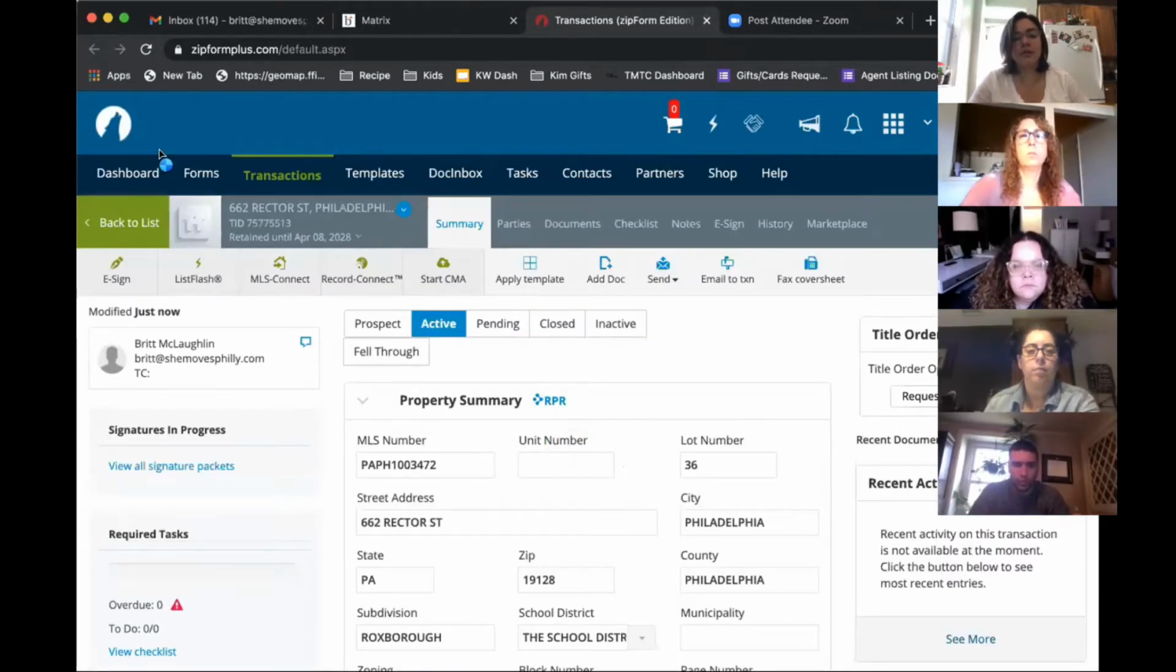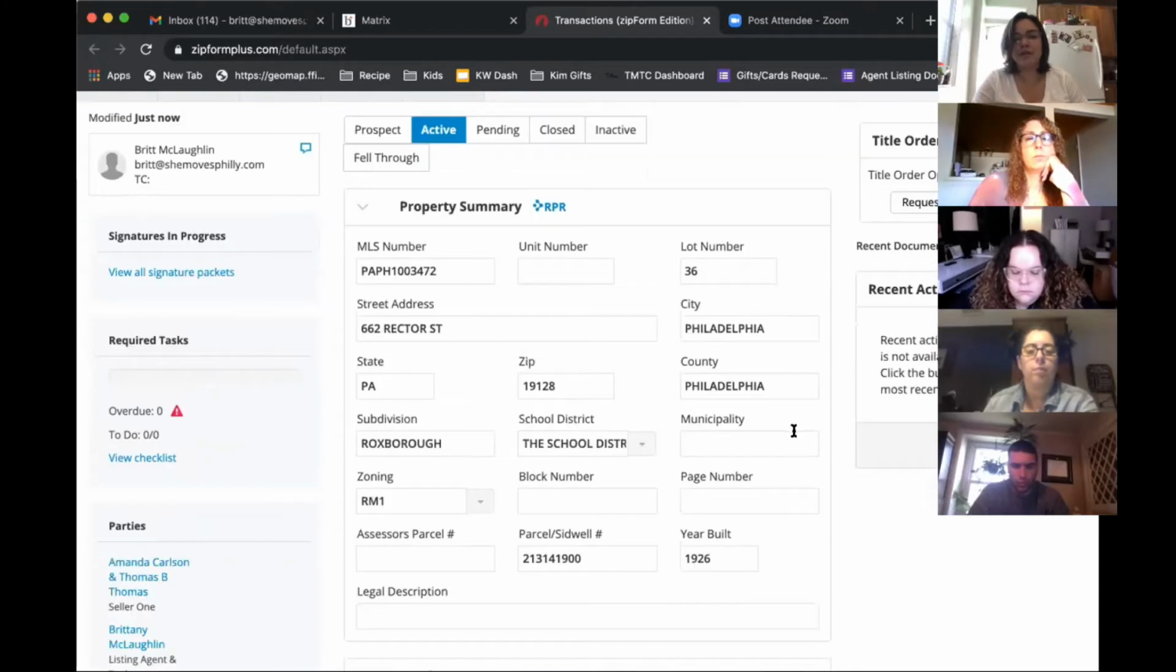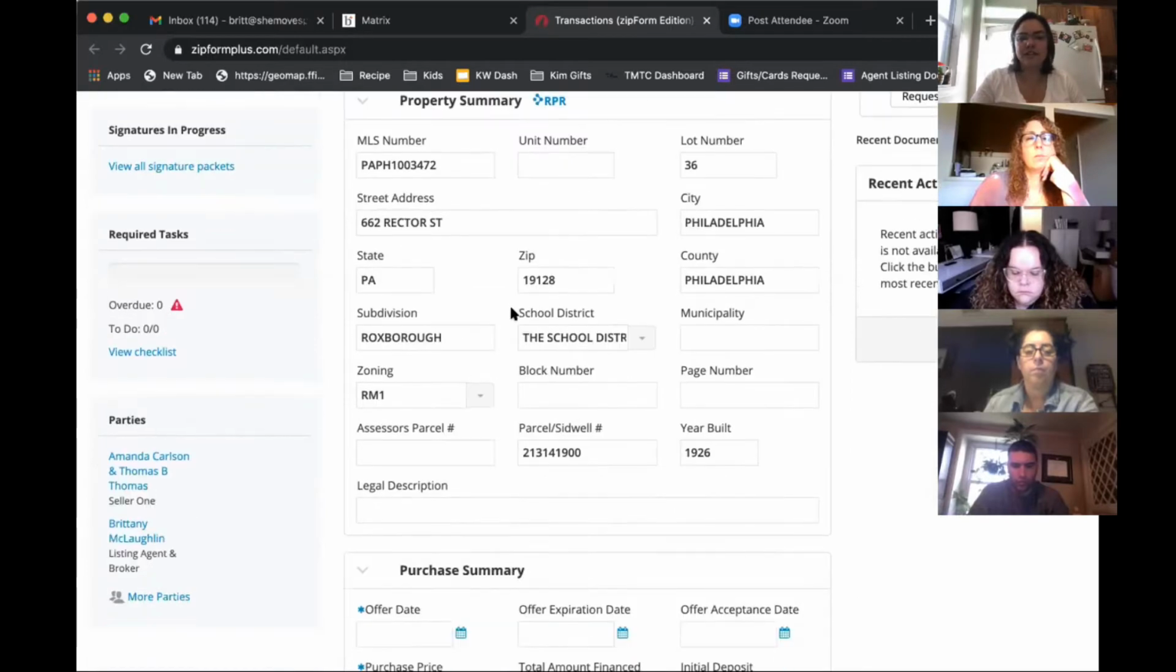So it'll immediately pull you into a transaction. See, this is highlighted. These are the tabs across the top. So it immediately pulled me into a transaction, and it immediately pulls all of this information in. I didn't have this set up before. It literally pulled from Bright. So it pulls the MLS number, the street address, subdivision, school district, anything that was in the listing comes in